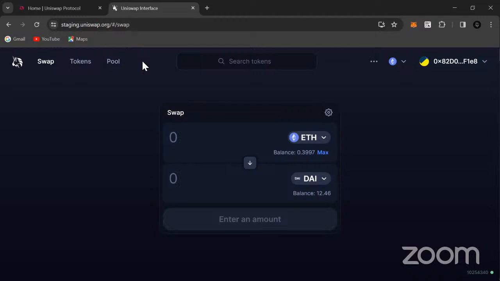Each of these tokens has a community. They have people that came together with a particular idea, and with this idea, they built a community and used the token as a means of transaction or proof of membership or all of that.